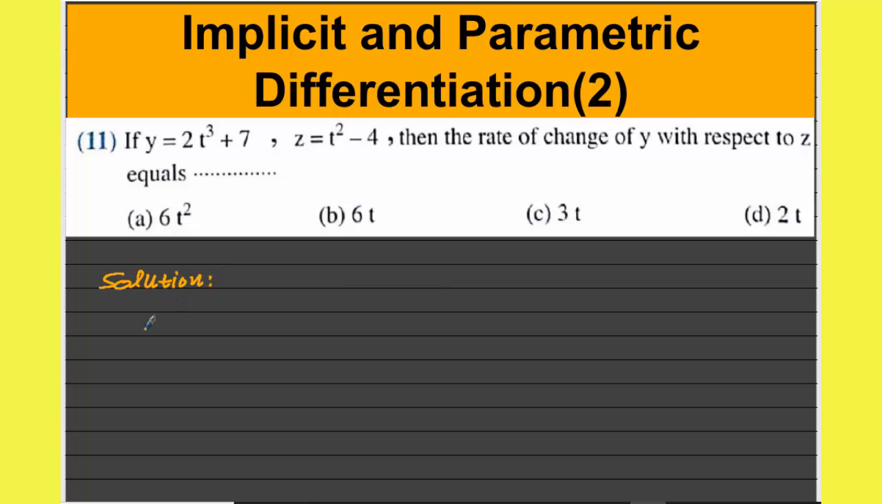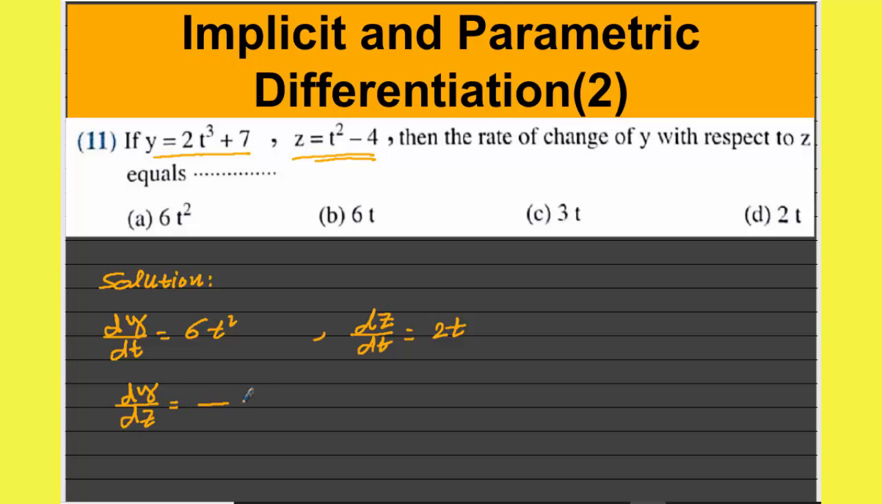First we find dy/dt. Here we have y equals 2t power 3 plus 7, so dy/dt equals 6t square plus 0, and dz/dt equals 2t, as z equals t square minus 4. The rate of change of y with respect to z equals dy/dz,